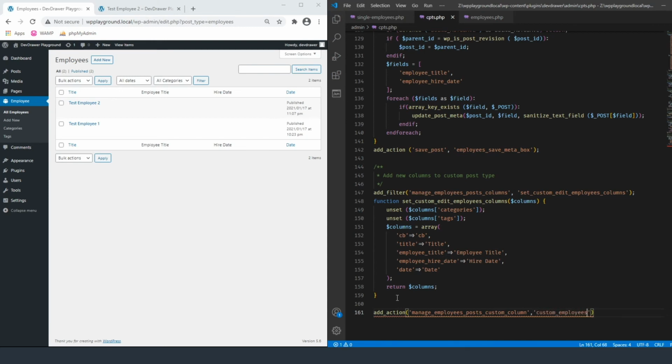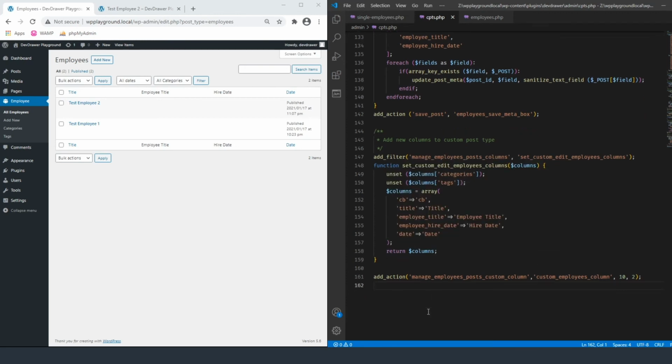And then we're going to pass in another function, so custom employees column, and then we're going to have it in the ordered position of 10, 2, and you can put in whatever numbers you want there. If you go to add action and then manage, or add a column inside of WordPress's development tools, you'll be able to see what those stand for. But it's basically just positioning for us. Okay, so let's create our function, which is called custom employees column, and then we're going to pass in the column as well as the post